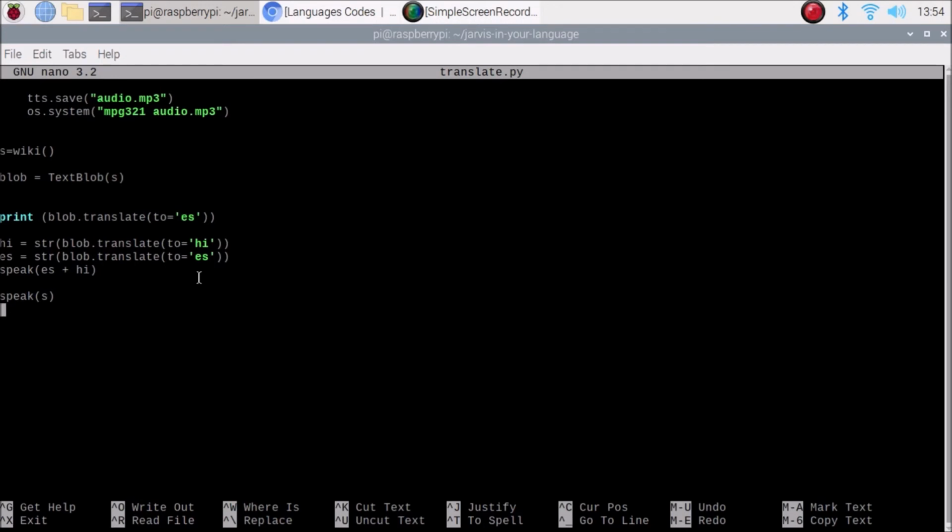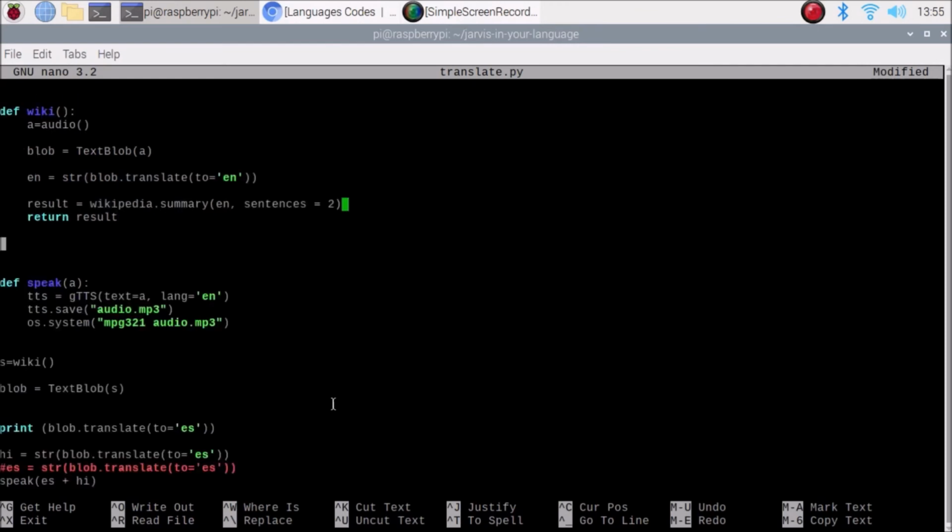Okay, I am from India, so I have just set Hindi language also. If you want to simply go with one language, you need to simply comment this one language code, and now your Raspberry Pi 4 will speak only one language, which is the Hindi language. As you can see, I have set here HI. If you want to go with the Spanish language, you want to set here ES, which is the code of our language. Okay, and also here it will print the language.